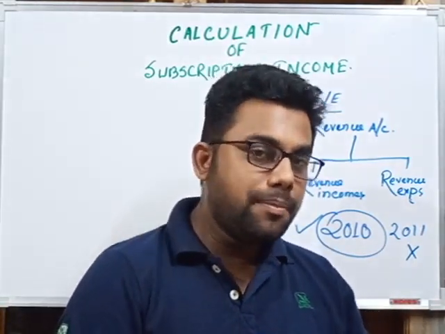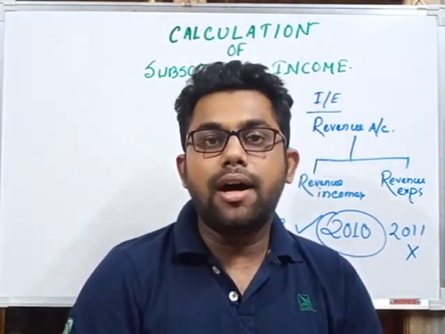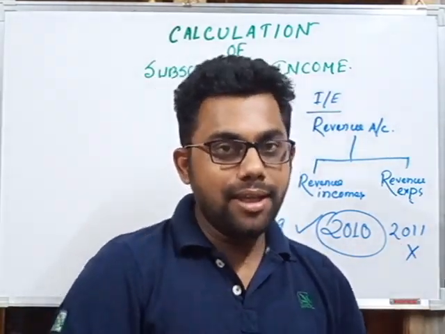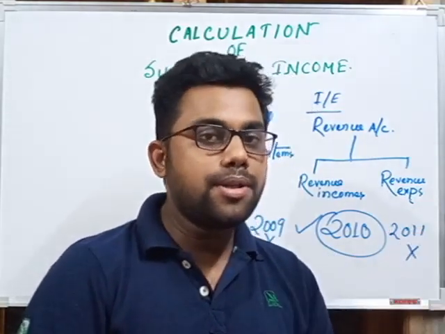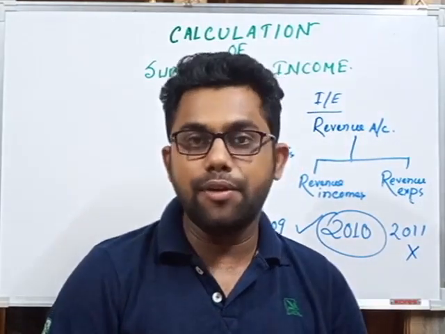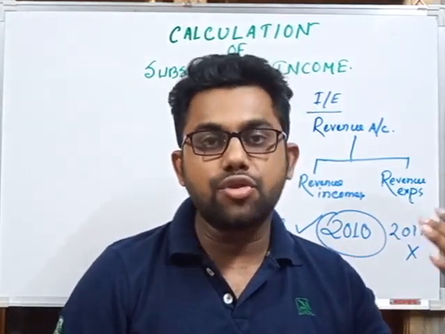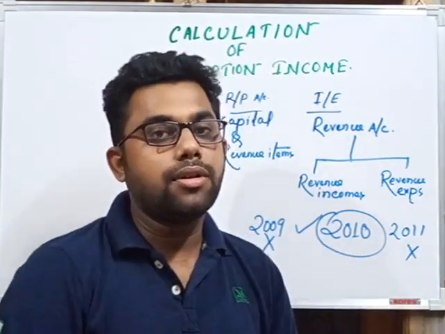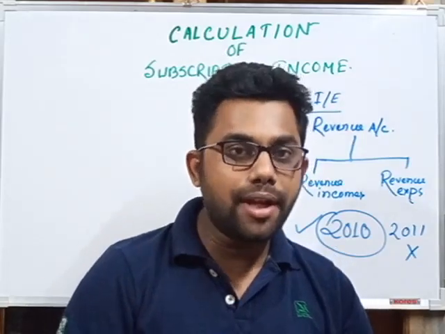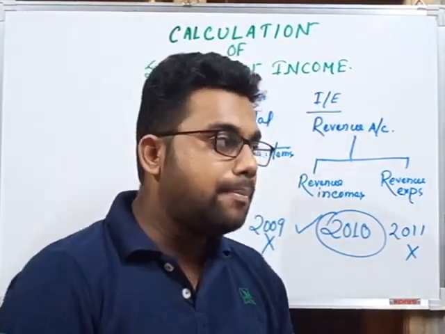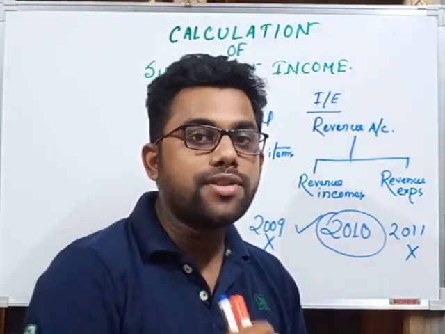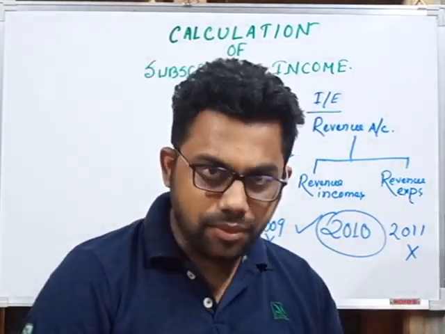Receipts and payment account is an asset account, as it shows the cash balance and bank balance of the year. So in preparing receipts and payment account, we do not differentiate between capital items and revenue items, because it does not reflect the surplus earned or deficit suffered by the non-trading organization. But income and expenditure account is a different account. It is a revenue account, and based on that account, the non-trading organization will find the amount of surplus and the amount of loss.